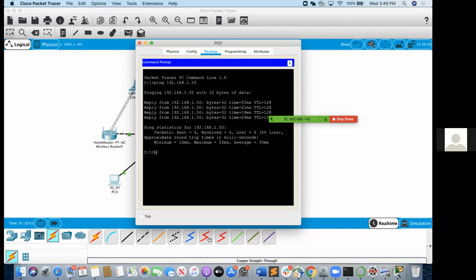So let's see how an error might look. I'm going to ping an IP address which was never configured in this network. I never configured any device to have this IP address, so I will not be able to reach it. So it says it could not find this. And if there was some connection issue, there would be timeouts happening.